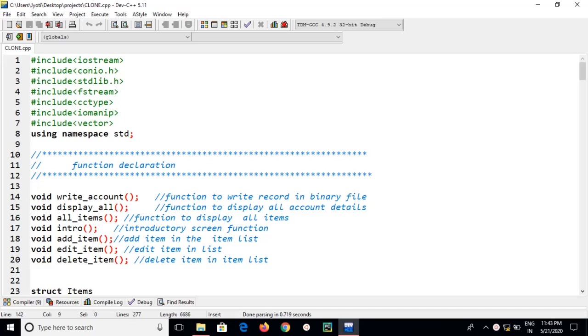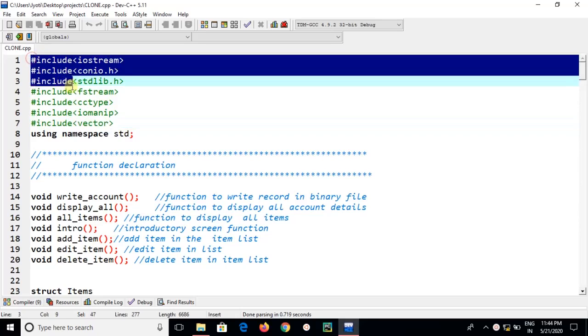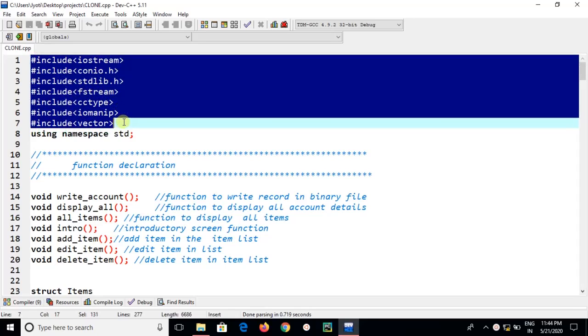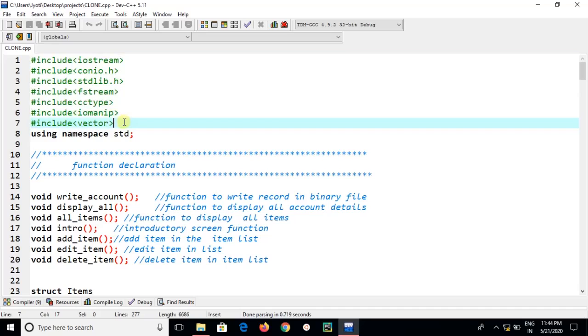So as usual, in our program we use header files at the top of the program. Here we are using some standard header files in C++ to define some functions and macros. But a great thing here is that we use Standard Template Library functions, that is STL functions. That's why we use the header file #include <vector>, and above this the header files iostream, conio.h, standard library, and fstream for file handling functions. These header files are common in C++, but vector is the new header file which is included.